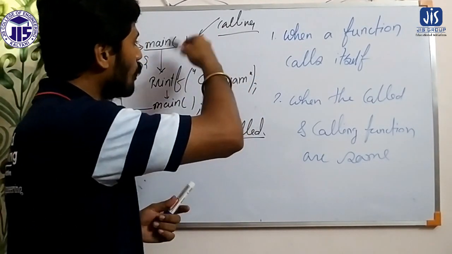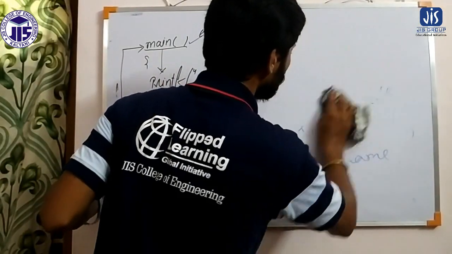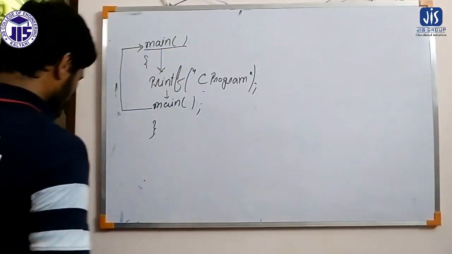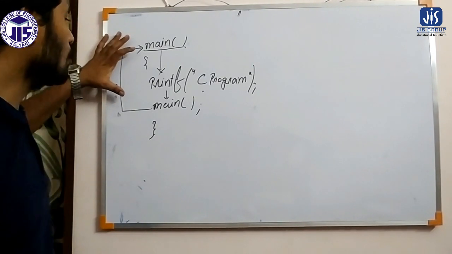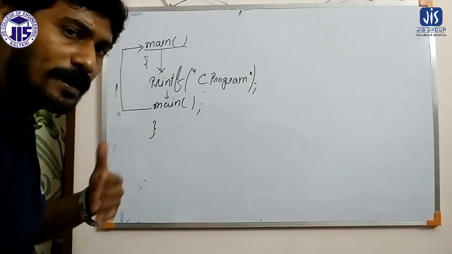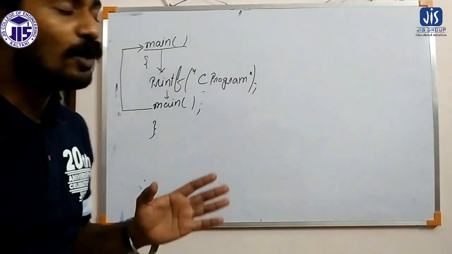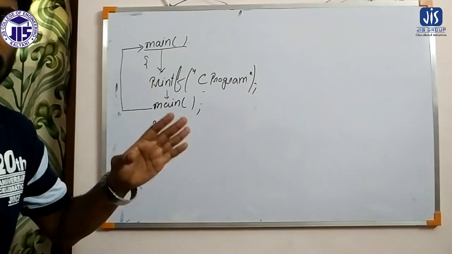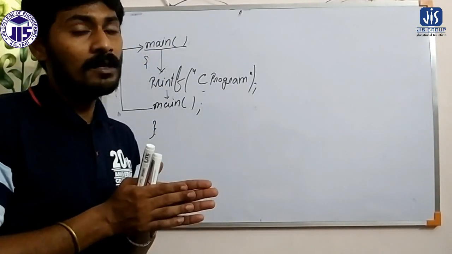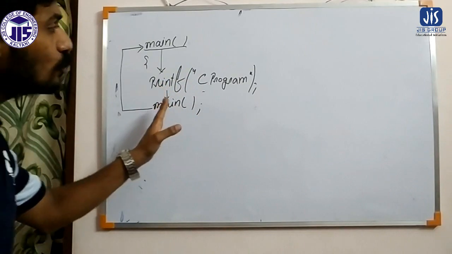Now in this program, what problem are we facing in this particular example? The problem we are facing is that main will continuously call the main function, and this main function will execute repeatedly. But this execution will never end, because here we don't have any terminating condition. If the main function is executing, when will it stop, or how many times will it execute? We have not defined that here. So it will lead to an infinite loop.